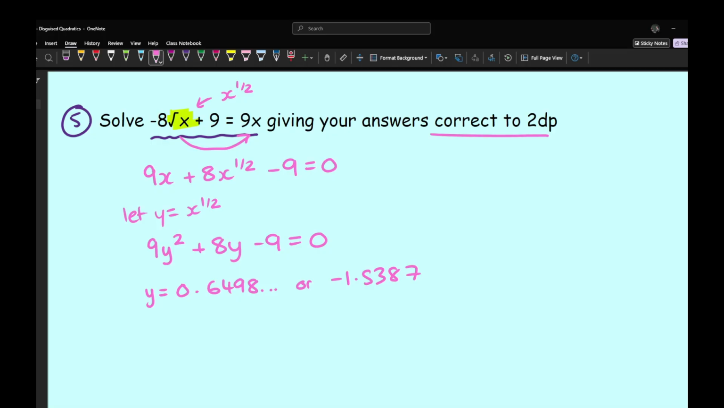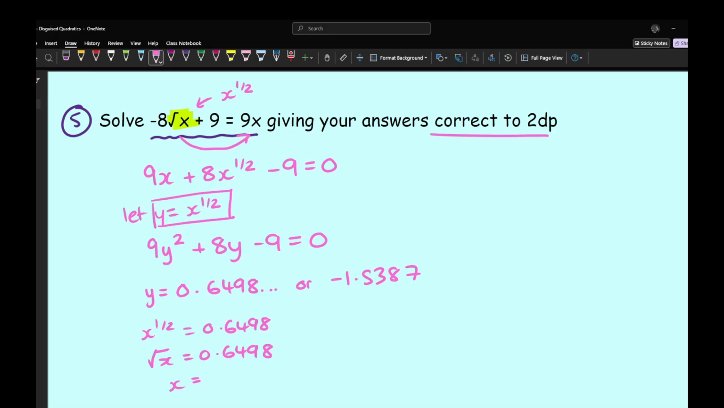Now the fact that we know that y equals x squared, x to the power of a half, means that x to the power of a half equals 0.6498, which implies that root x equals 0.6498. Then we can just square our value, in which what I'm going to end up with is